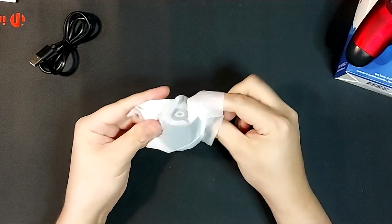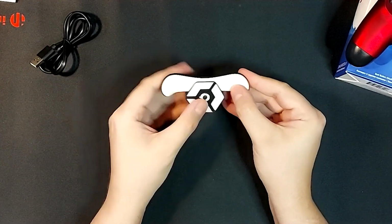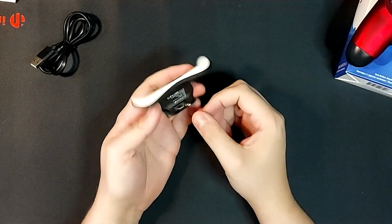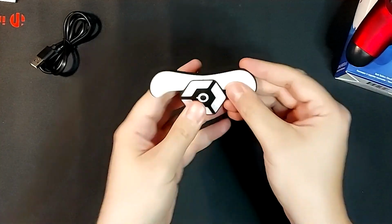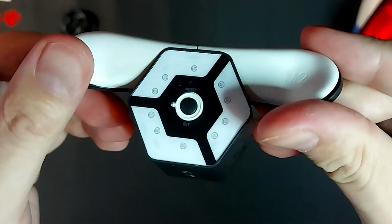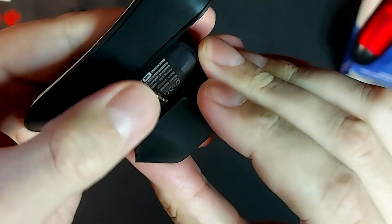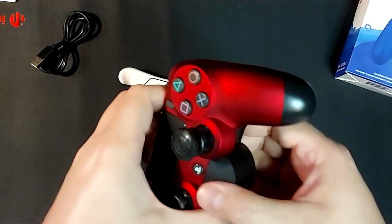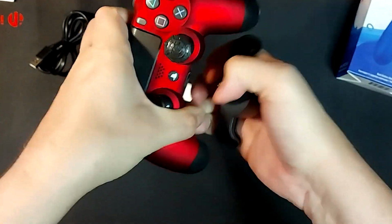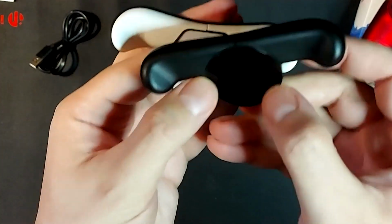And then here is the unit itself, the BB-1 back button attachment. So very similar to the official one. You got the pivot there so you can click it in. Also the buttons seem to be a bit larger, I think, than the other one, and in white and black. So kind of fitting with the more modern aesthetics of the PS5 controller. So maybe we might be seeing a BB-2 in the future. Who knows, they might be able to recreate this for the PlayStation 5 before Sony's official one,